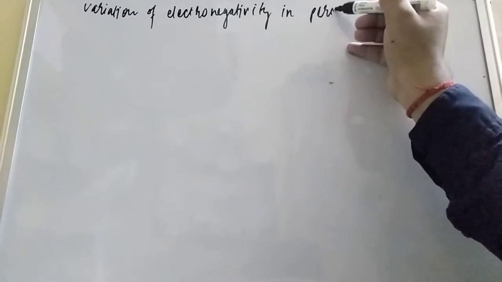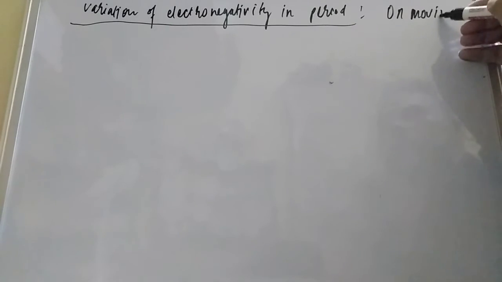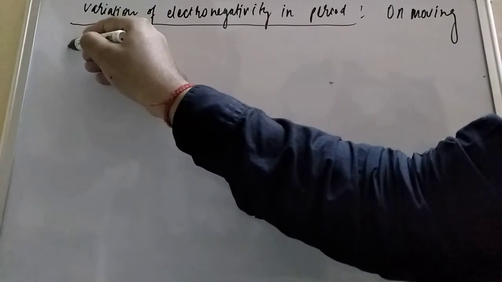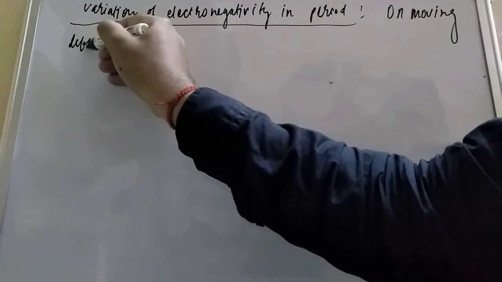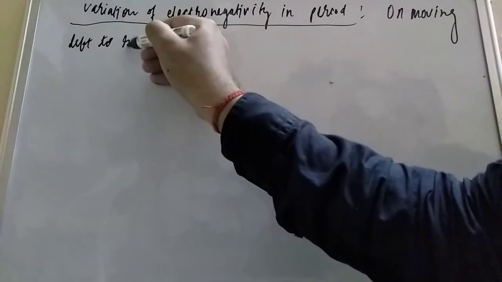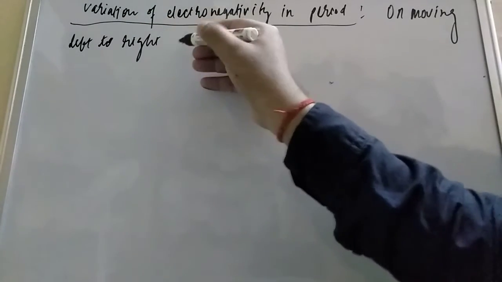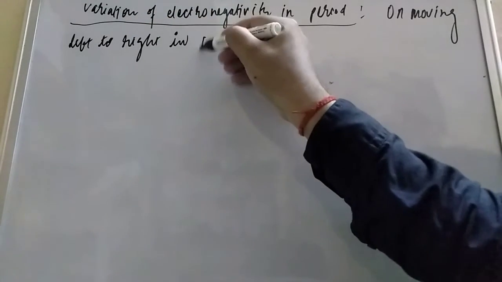Let us see what is happening in a period from left to right: size decreases. In a period, size decreases, so if size decreases, electronegativity will automatically increase. So moving left to right in the periodic table,